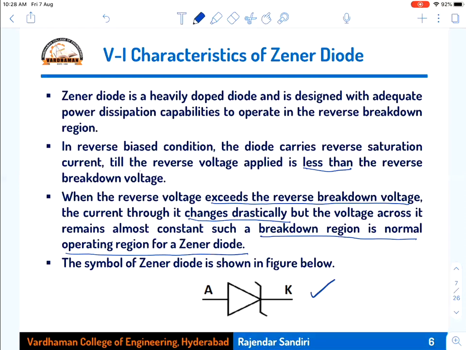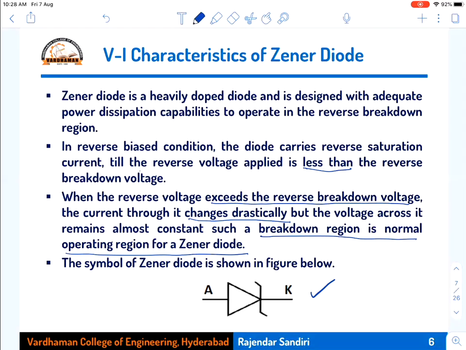So the voltage across the Zener diode is the breakdown voltage, represented as VZ, which is equal to 5 volts or whatever may be the fixed value of the Zener voltage. Then current will drastically increase, right? The maximum current that flows across this Zener diode we call IZM, and that current and this voltage will give you more power. So VZ is 5 volts, and IZ is drastically increasing. To what extent does it increase? A maximum of, say, 10 milliamperes, for example. Then 10 milliamperes into 5 is 50 milliwatt, the power dissipation capability of this particular diode.